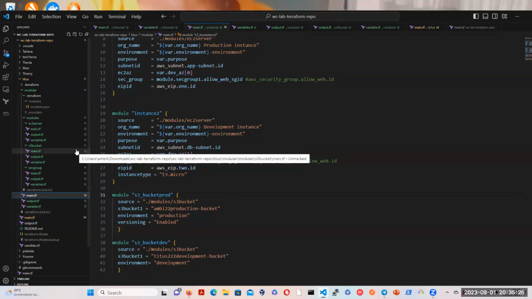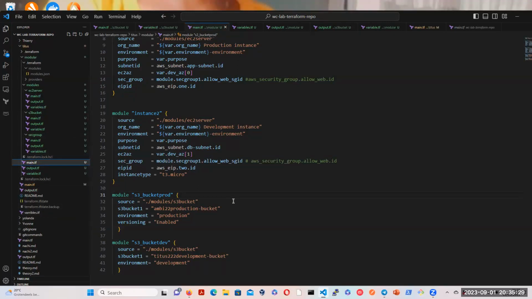So yeah, let's try to debug Titus's code today since he said it's not working. First question is to find out what the error is, right? When something is not working, the first thing you have to find out is what you are trying to do, what you expect to happen, and what is happening. So I guess these days you're trying to run Terraform apply and then something is